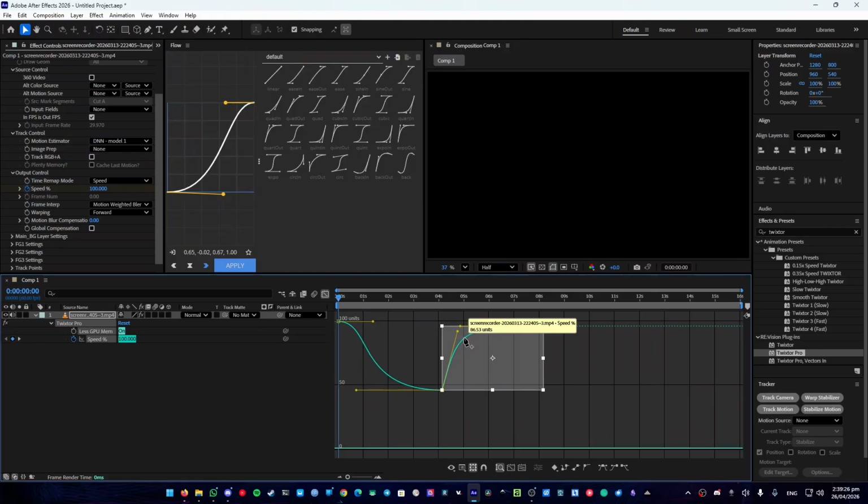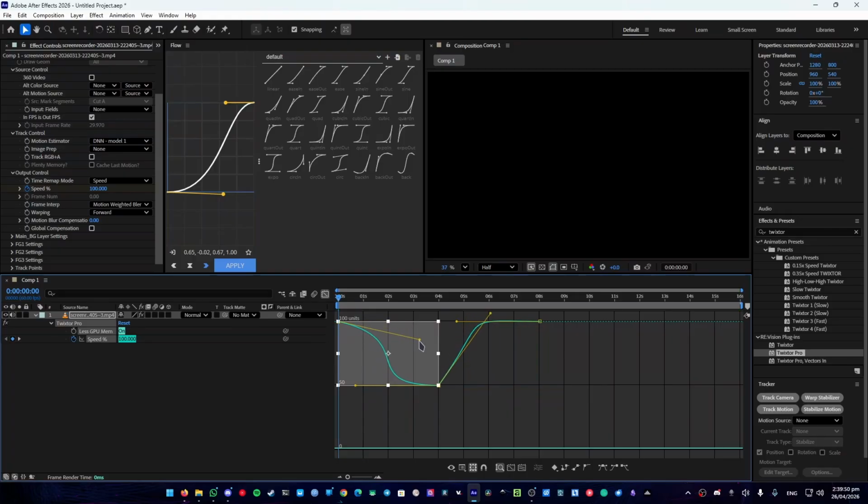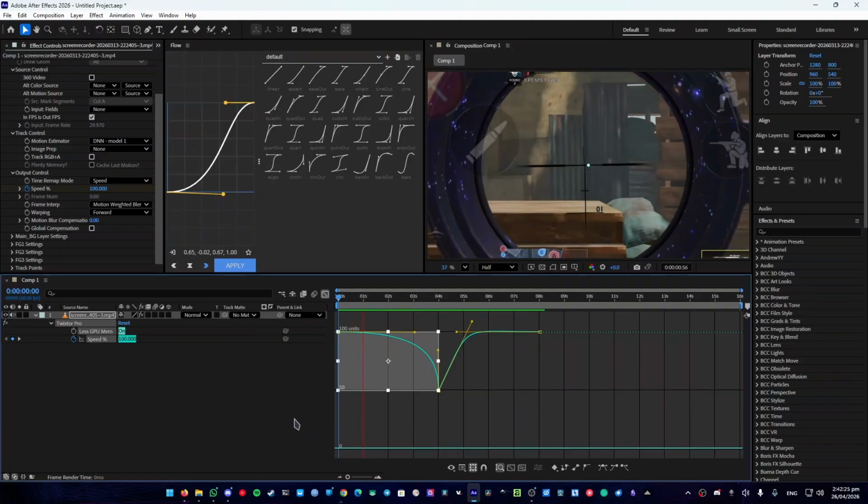Maybe not that much. Hold on. Wait. We just want it to be a bit fast at the start and a bit slower towards the end. If you want to reverse that, you would do the opposite. You would pull this out, and then you would stretch this down a little bit. Same thing here. Let's say I wanted it reversed. So what I would do is I would stretch this out, and then you would see